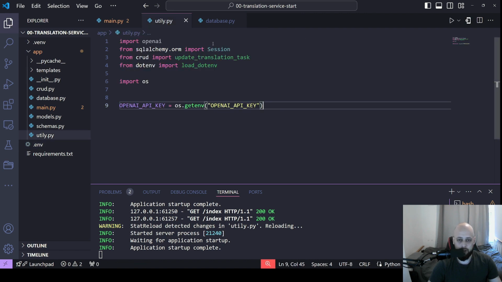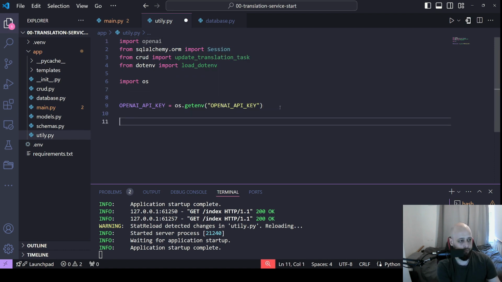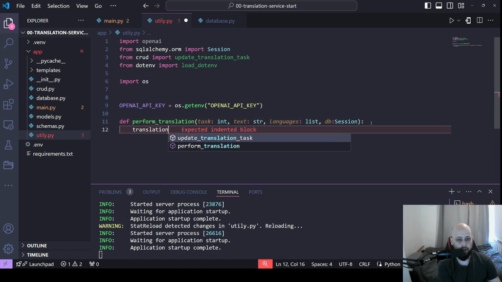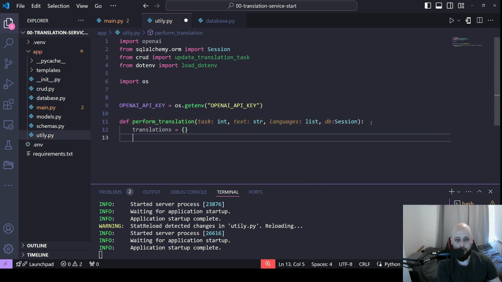When you finish setting up your environment for sensitive data, we can write our function. So we'll say that perform translation takes a parameter of task ID, so the integer, and the text is string and languages will be a list. And we also want to get DB session. We'll say that translations are an empty dictionary and write a for loop saying for each element in the languages